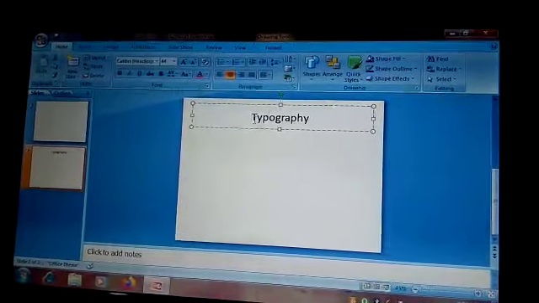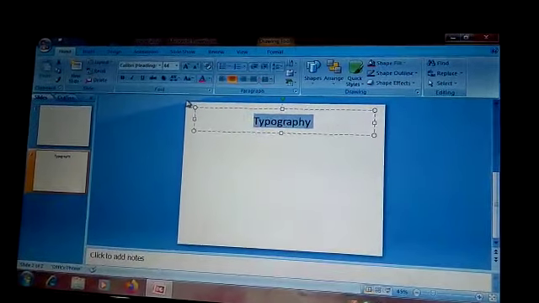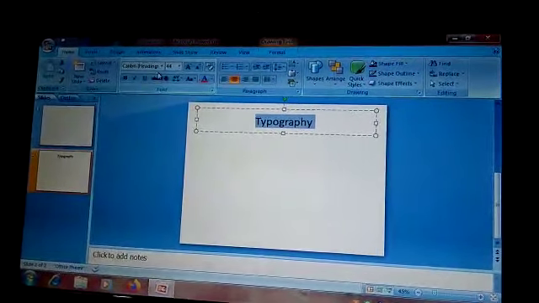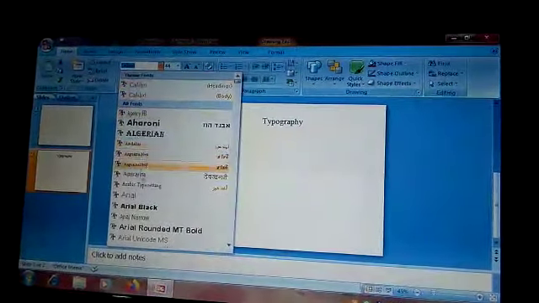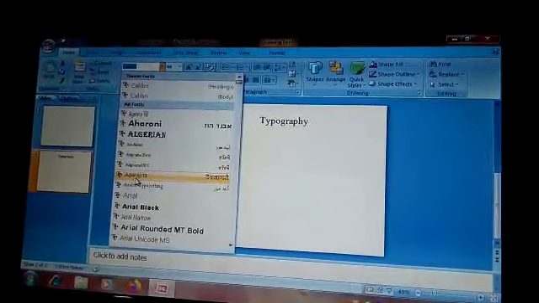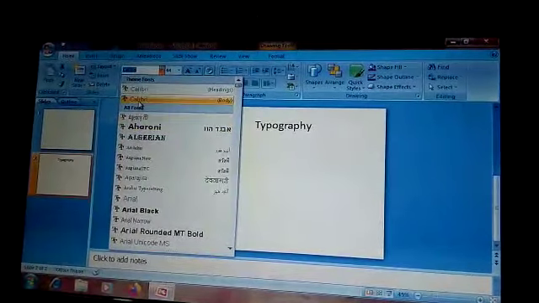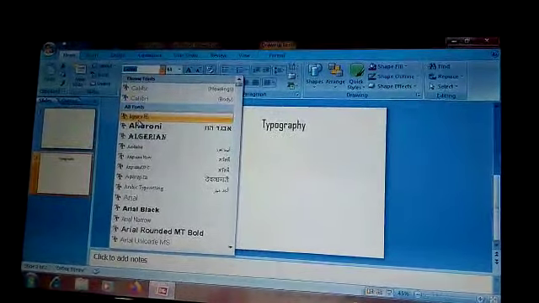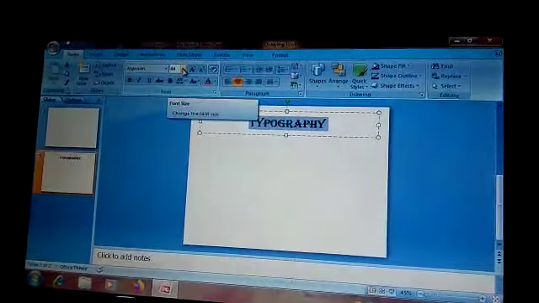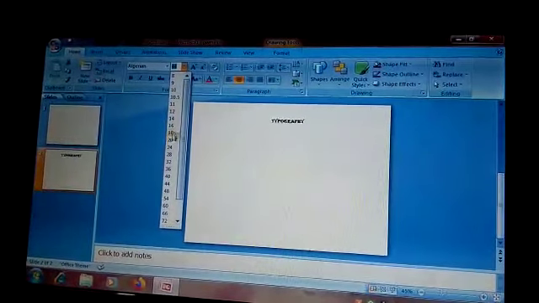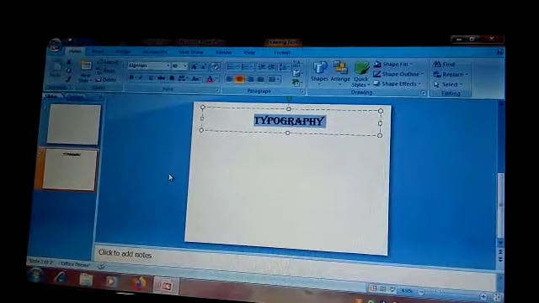Now if I want to format this, I have to just select this title and then go to this Font option, where all these options are present for you, like font types. You can change to any font type, and it shows you its effect. If you select any font, it shows you the effect of this font on the selected text. Suppose I am taking Algerian. Besides this I can change its size, color, everything according to my requirement. Suppose I am making it bigger, say 44, I have taken 40.